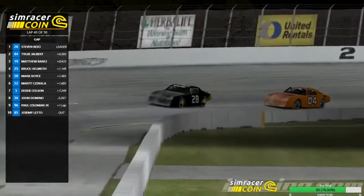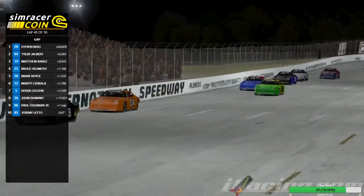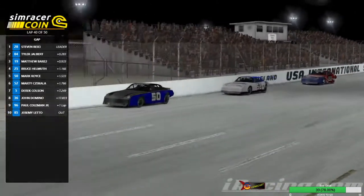Steven Rex is still your leader, followed by Tyler Jalbert. Matthew Bear, again, third place. Here's your third place car. Now we're making